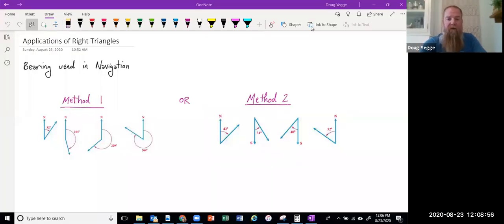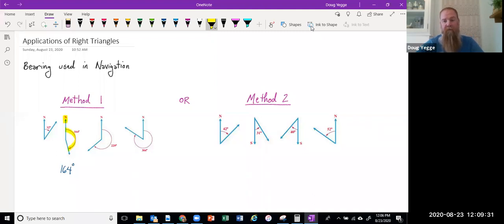Now, there are two different methods of describing bearing within a problem. The first method is if a bearing is given by just being told a particular angle, for instance, 164 degrees. So perhaps an application would say the bearing is 164 degrees. We know that always means start by pointing north, which is vertical, straight up, and turn counterclockwise